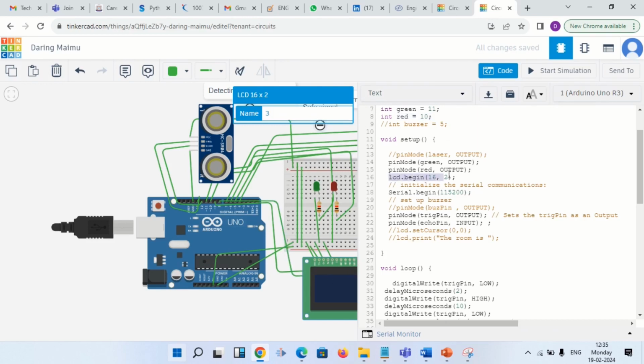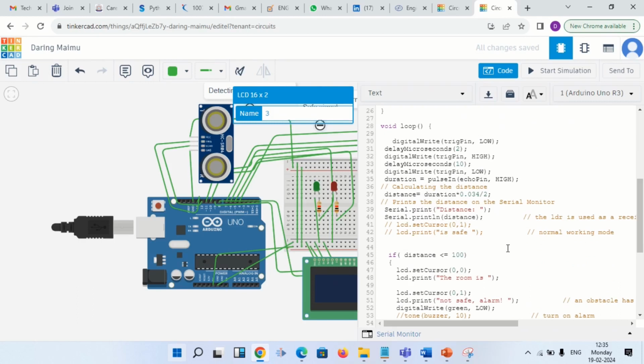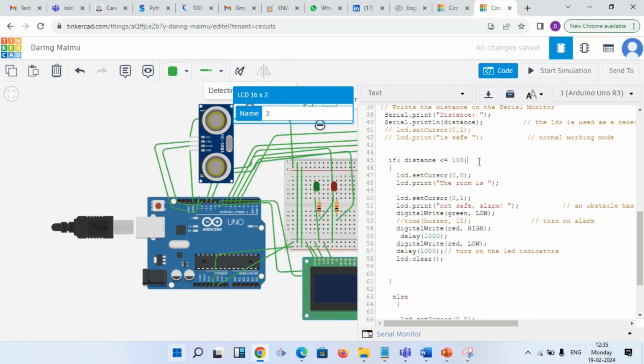So I have to turn on the LCD. For that I have to write lcd.begin within brackets 16 comma 2. Okay. Now, this set of codes is related to the ultrasonic sensor, the activation of the ultrasonic sensor, and suppose the distance is less than 100. Okay, then